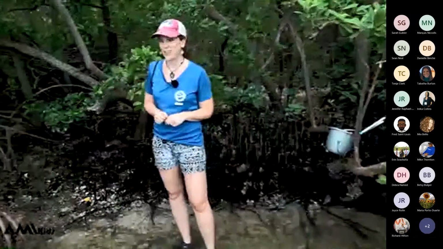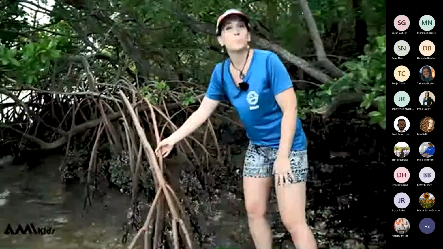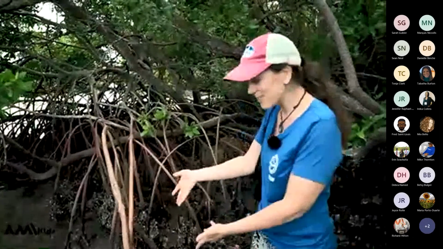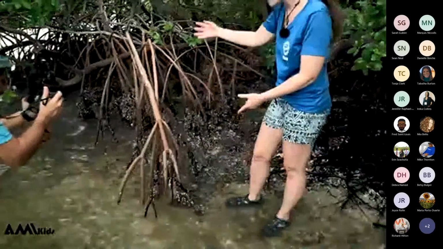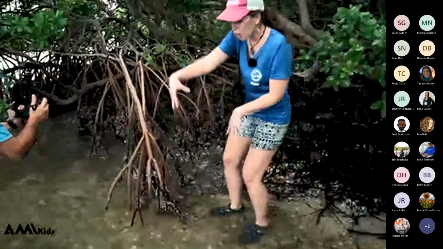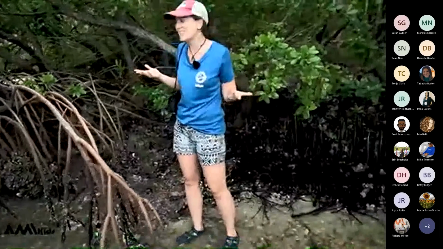Let's take a look at these roots though. This is a red mangrove tree. They have what's known as prop roots. And this tree is also known as the walking tree because as you can see, the roots look a lot like legs. And so what they'll do is they will actually root into the ground. They grow towards the seabed, and when it's really wavy, like it's starting to get right now, it keeps that tree nice and stable. And even when it's high tide, the tree can still do gas exchange because, believe it or not, they have to breathe just like we do.